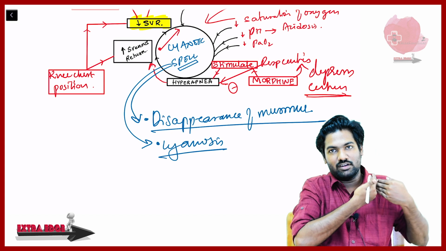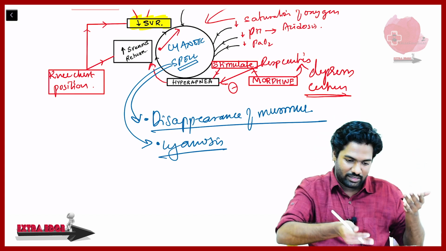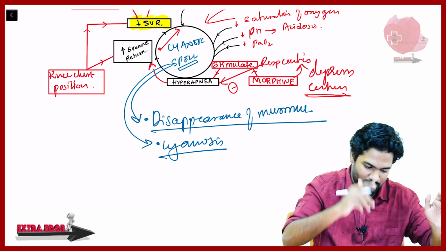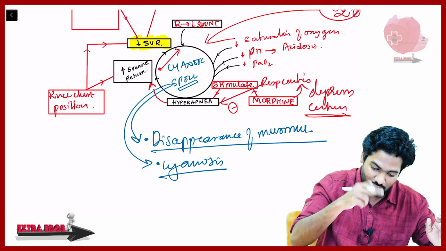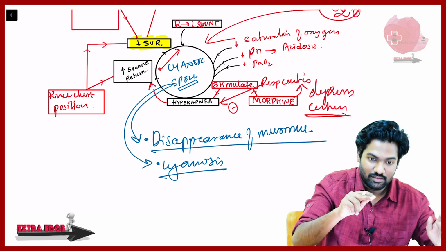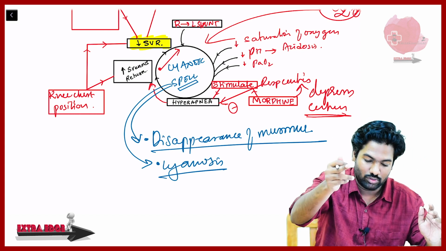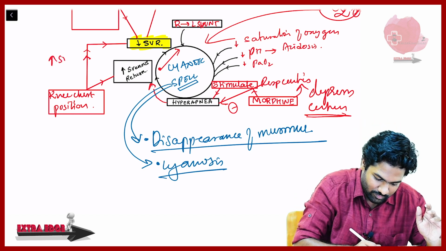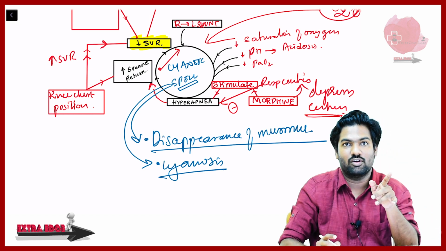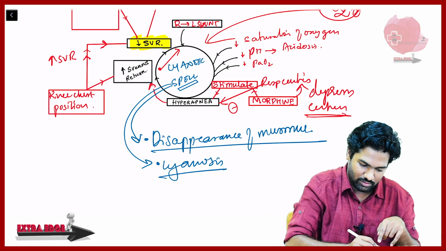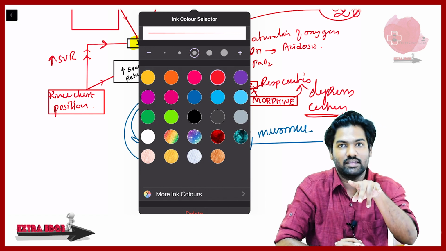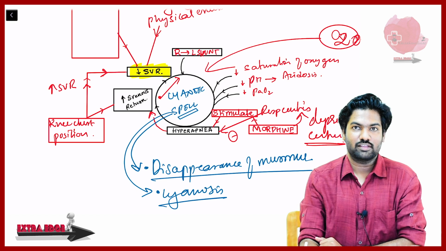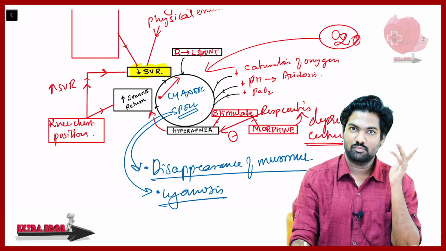Increased pressure in the aorta, so can I tell that it is increasing systemic vascular resistance also? Definitely yes. Knee chest position not only reduces the venous return, it also counteracts the drop in SVR by increasing the SVR. Okay. The red ones are all cutting off the cycle. Whatever I have marked in red here, they are all inhibiting the things. Now as you told, this drop in SVR can also be brought about by some of the drugs.